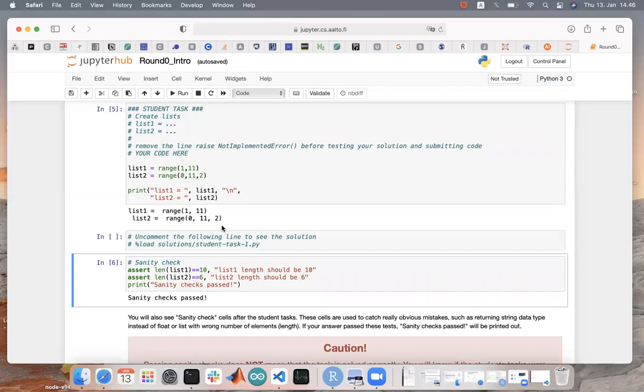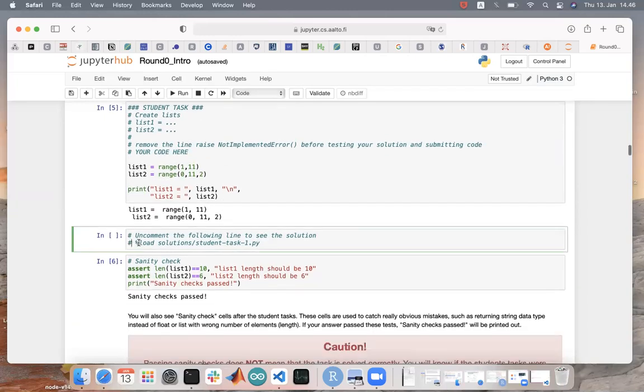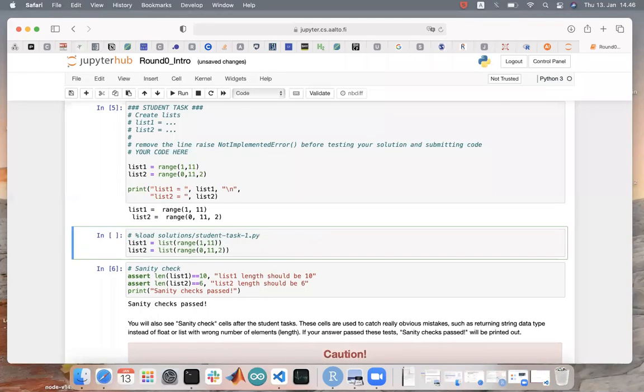Because this is a notebook for training, we also provide some answers or some solutions. But in the next notebooks, there are no such solutions. So you will have to solve the coding tasks by yourself.